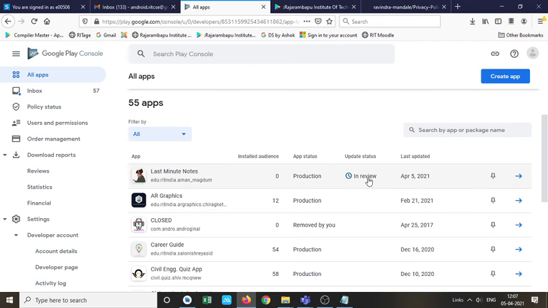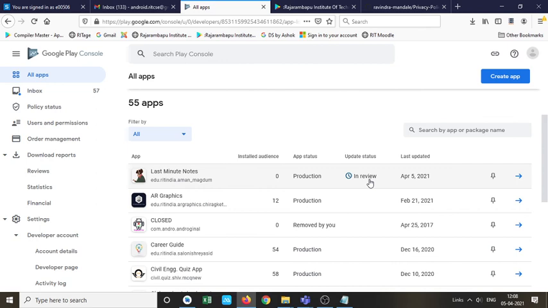After a few hours, everything will be reviewed by Google Play Store. If everything is fine as per the mentioned things, suppose you have mentioned that your app doesn't have any violent content, and if they find any, then they will reject your Android application because you are violating those things.